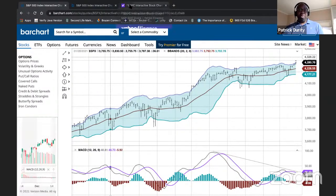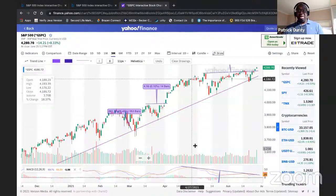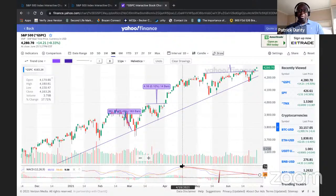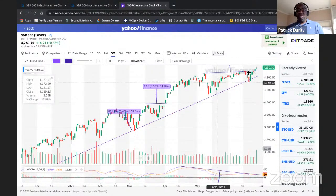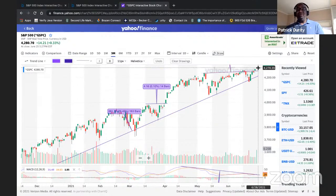And here, I'm showing the MACD indicator again on this chart to show that the convergence is still in effect. However, I think the S&P 500 index could actually come and meet this resistance here. So we're looking at around maybe a 20, 30 point